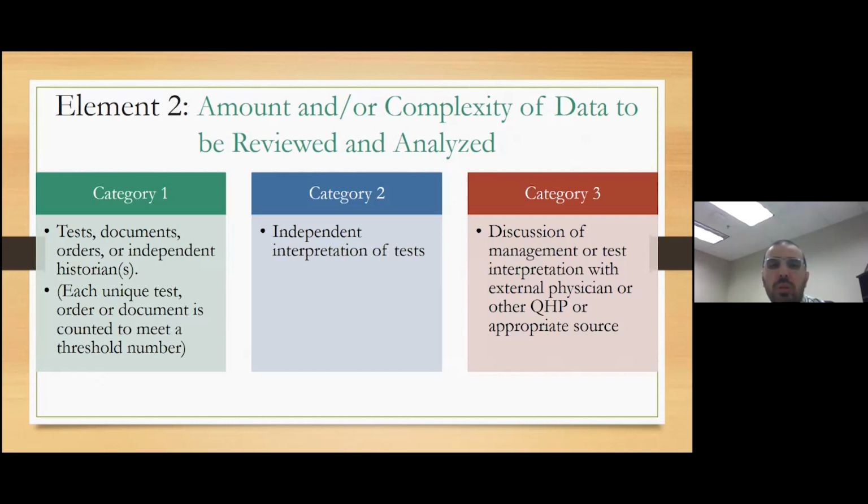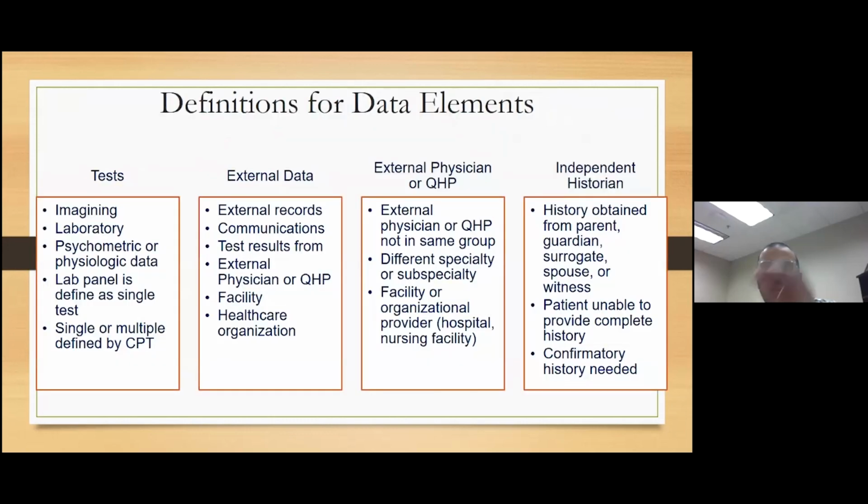You are reading the results and interpreting them on your own, whether it's an EKG or chest X-ray or anything else, and you have discussion with other physicians. That's a level 3. So we'll talk about these data and what the definition of CMS is for these data elements and how you can